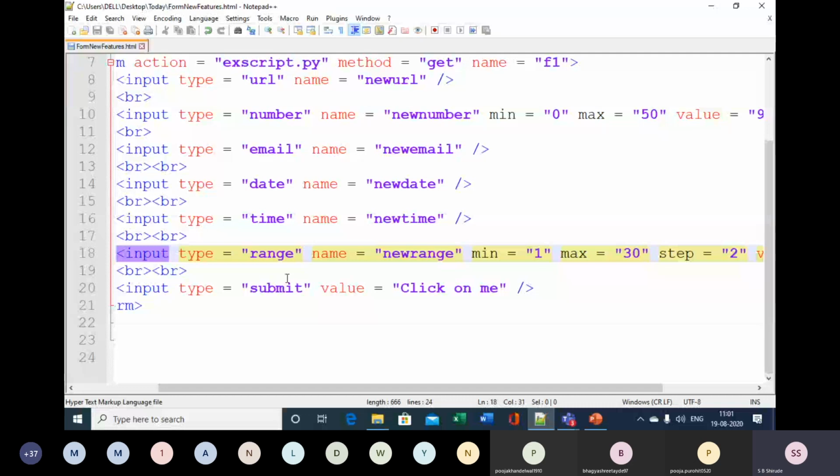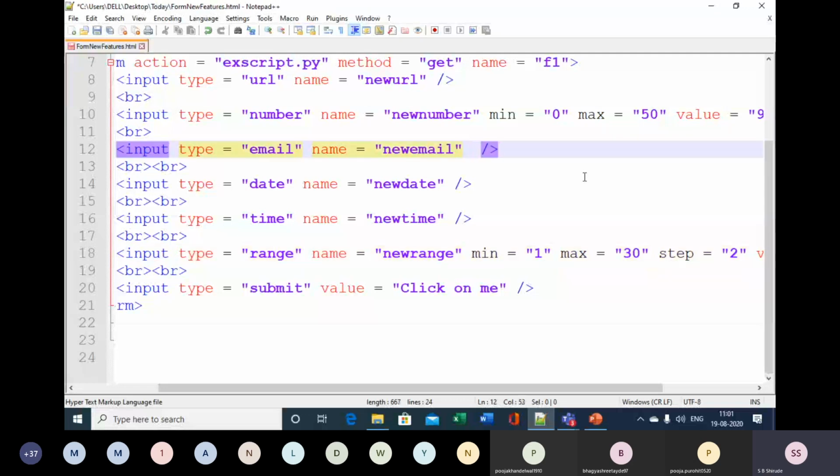So what is the use of the placeholder attribute? Whenever you are inserting a control in which you are asking the user to fill in some information, if you wish that some text should appear by default, you can set that text by using the placeholder attribute. For example, I will use the placeholder attribute with this email control.